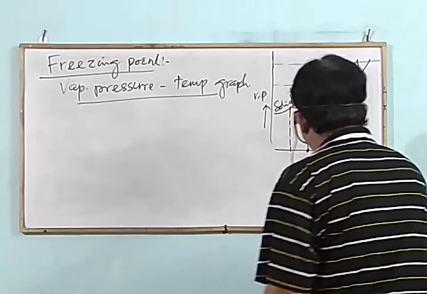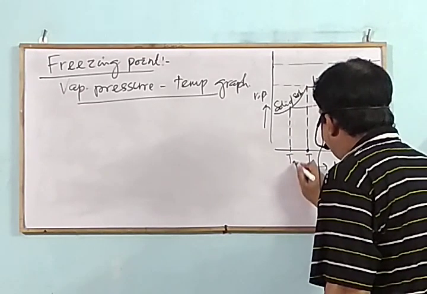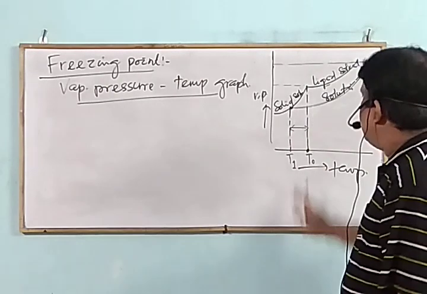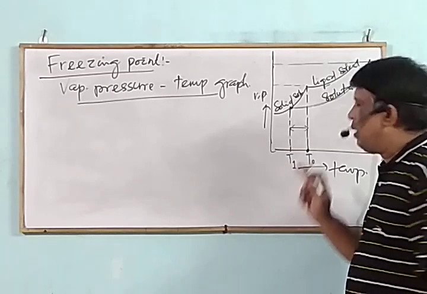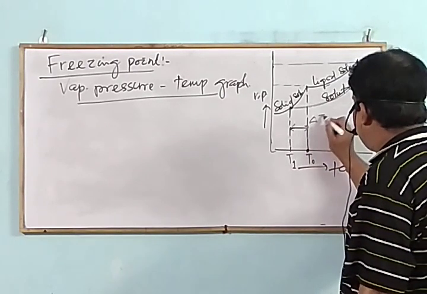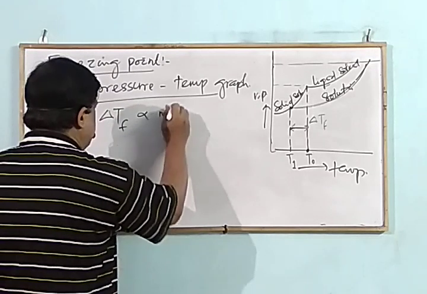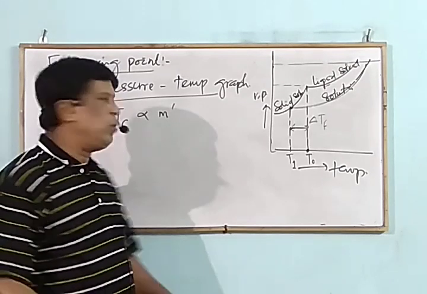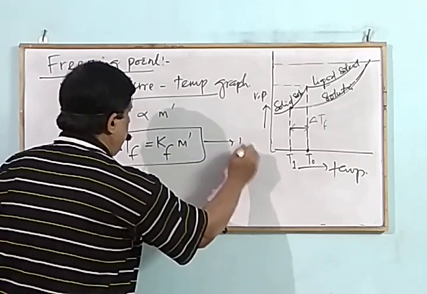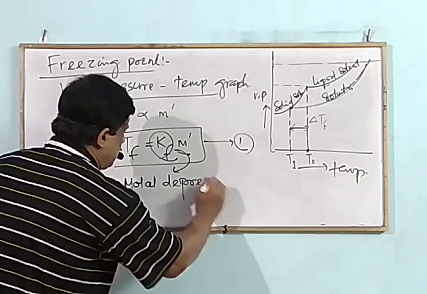So this is the temperature T naught. It is the temperature at which a pure liquid solvent solidifies. And T1 is the temperature at which a solution solidifies. So from this graph it is clear that the freezing point of a solution is lower than that of a pure solvent. This lowering in temperature is known as delta F. It has been found that the depression in freezing point delta F is directly proportional to the molality of the solution. Or, removing the proportion sign, delta F is equal to Kf into molality, where Kf is a proportionality constant known as